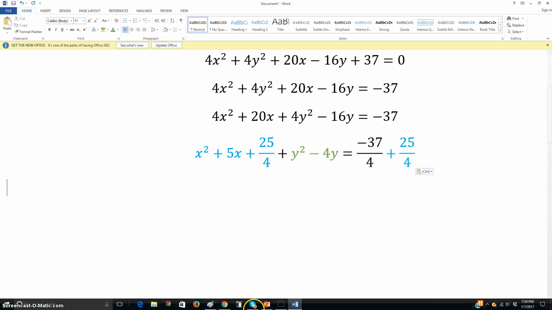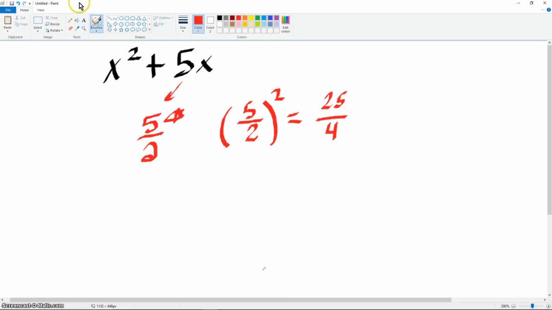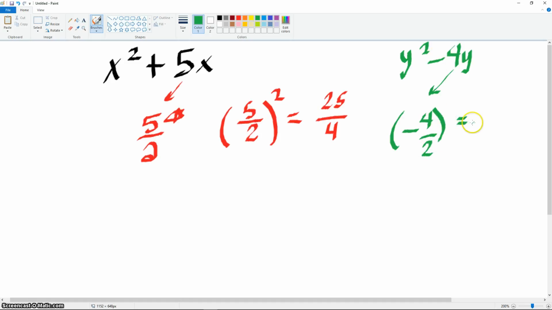Now I'm going to do the y squared minus 4y. I'm going to do it in green. Keep in mind, I'm taking this negative 4, because it has a minus in front, and I'm halving it. That's going to give me a negative 2. I'm going to star that because I'm going to need it later on. Then you're going to take that negative 2 and square it. Every time you square a negative, you get a positive, so that's going to give you a positive 4. If you're going to type this in the calculator, it needs to be in parentheses, and the squared needs to be